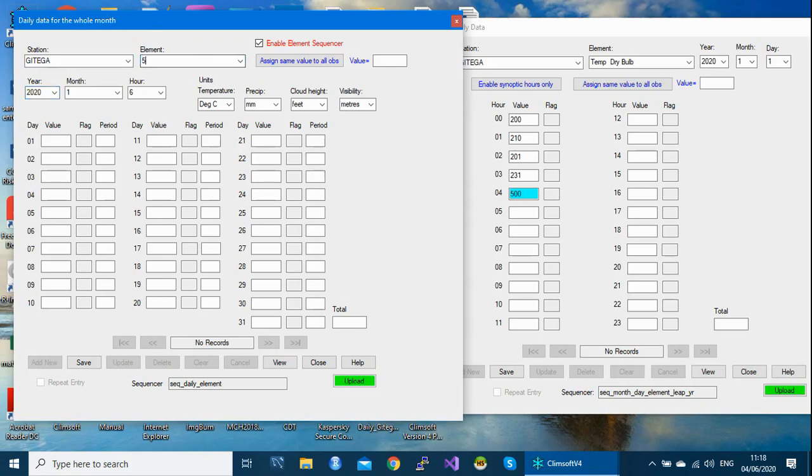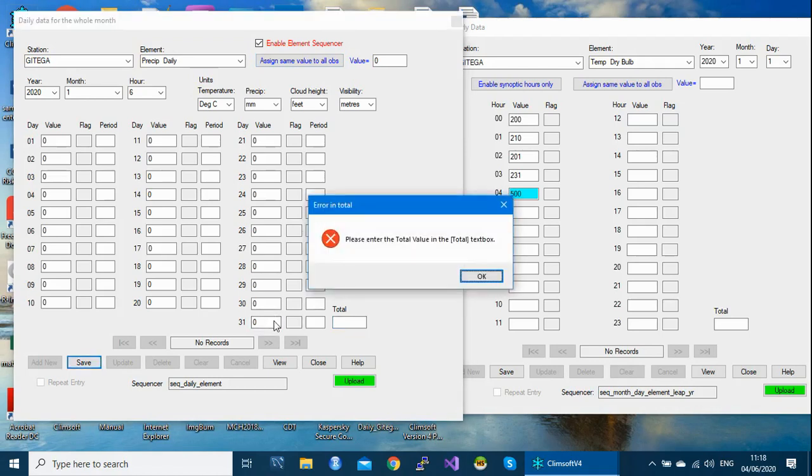So let's say 5, and the whole month is 0. Instead of typing zeros, because there are some periods whereby there is no rainfall at all, it can take most of your time, so you can decide to set the default value to all the observations, and then use the enter key to validate, to register.